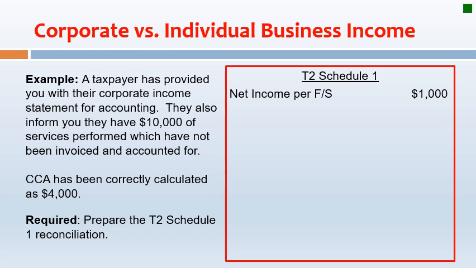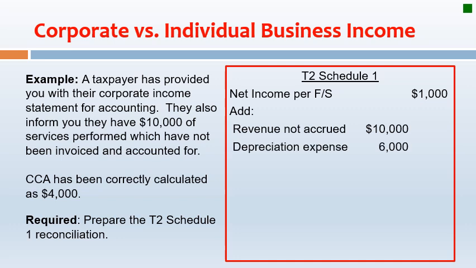The first thing that we'll do is add back items that should be taxed. The first thing is revenue that wasn't accrued. For tax purposes, you must accrue revenue, so we're going to add in $10,000. The next thing is we're going to add back depreciation expense. Why are we adding this back? Well, depreciation expense is an accounting expense that was deducted in order to arrive at the $1,000. For tax purposes, we have to deduct capital cost allowance. We know this. So we add back depreciation expense, and later on we will deduct capital cost